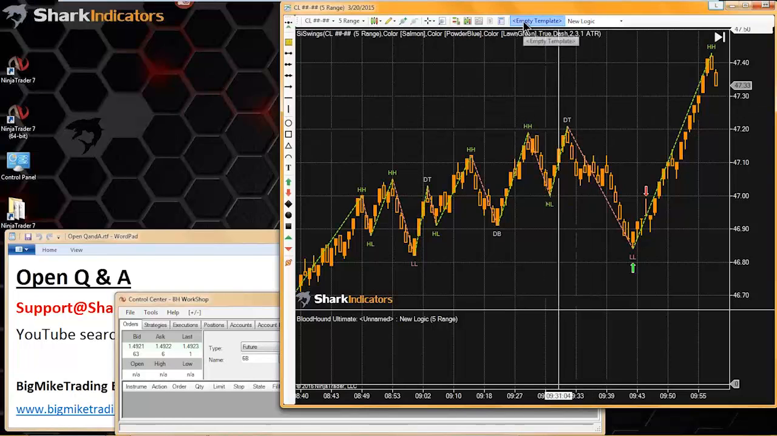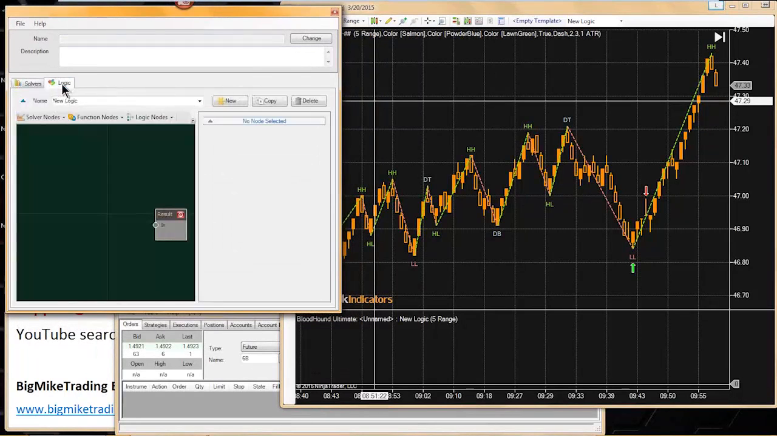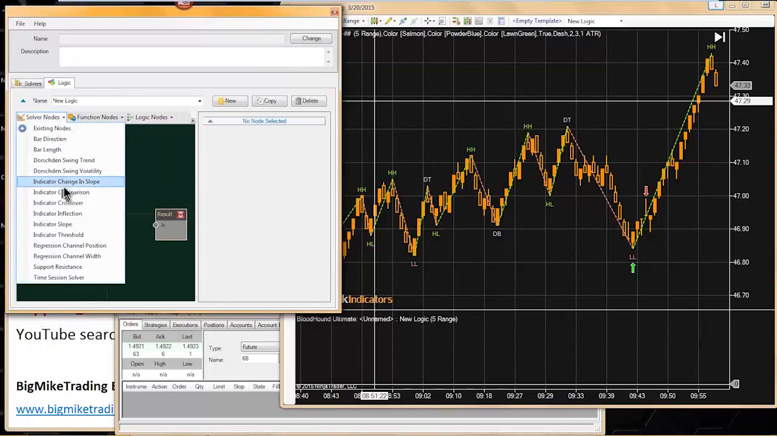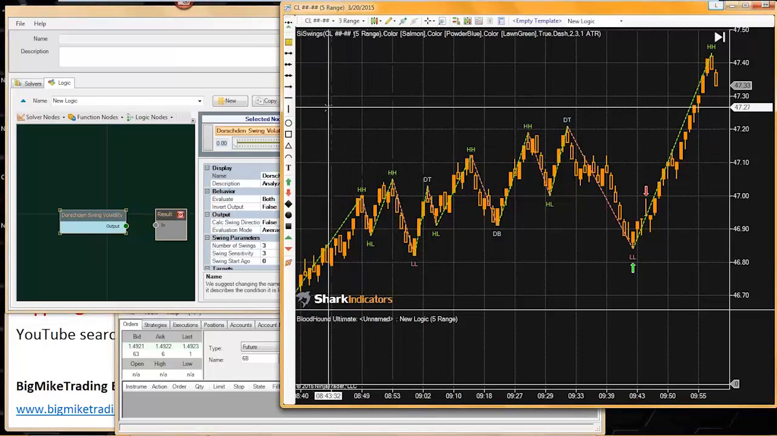Now the Dorschden Swing Volatility solver, let me drop one of those on the chart here. So this is the solver that I'll just cover real quick until I get some questions from you guys. So the Dorschden Swing Volatility. Now what that is doing